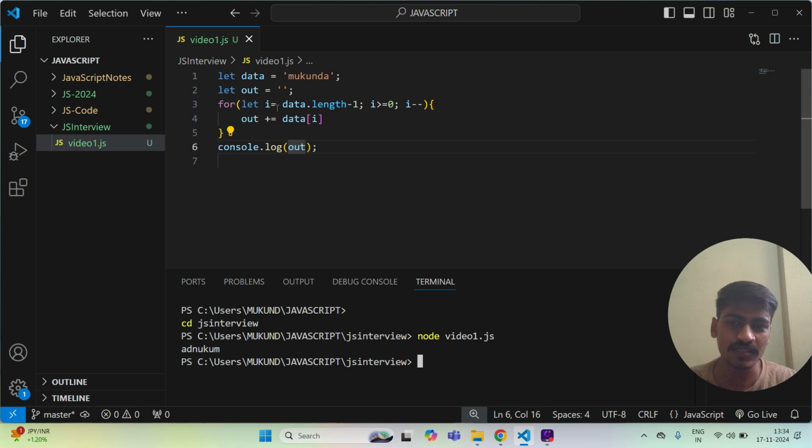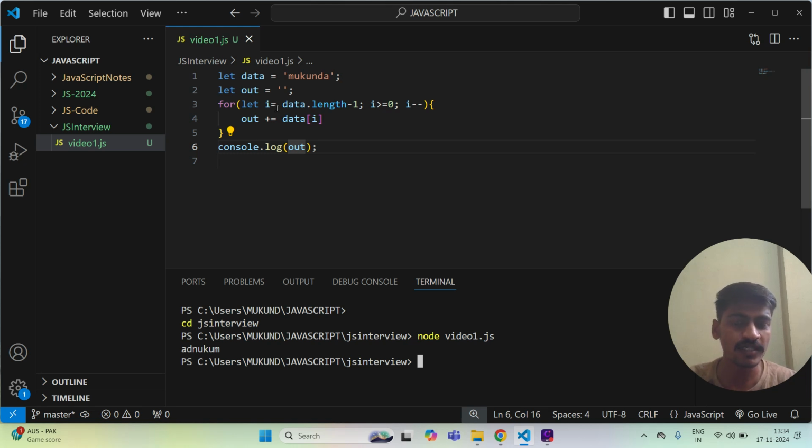Here the value is just 7. We could put that directly, but it's not a proper way, because in some cases the string could be 1000 characters, and how would we count that? That is not practically possible for a human. So we need a dynamic, proper approach. With the help of the length property we find the exact length, but always remember that string indexing starts from 0. So if the length is 7, it will go up to index 6, because you start from 0.